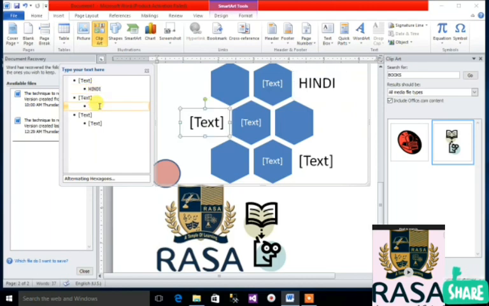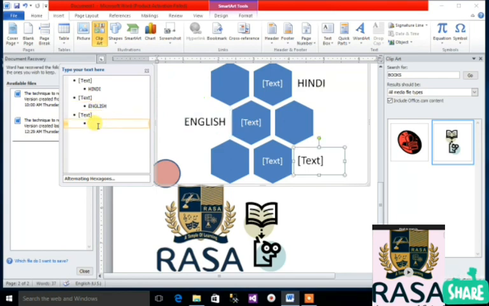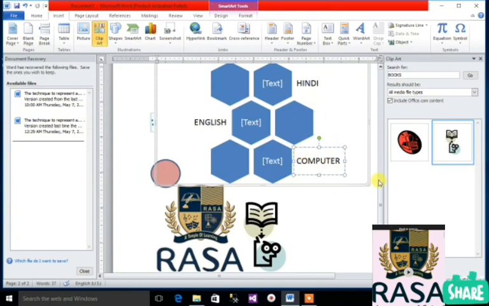If you are representing a subject chart, then English. Okay, and this is your computer. So by this way you can select or design.